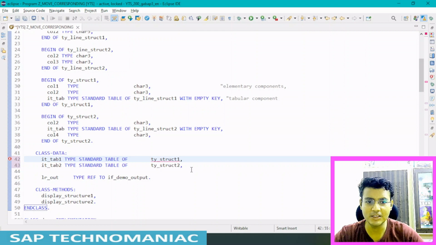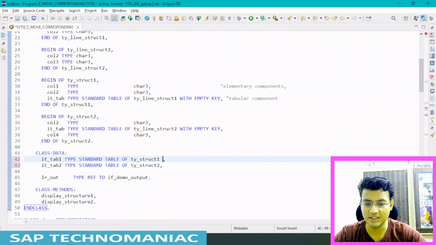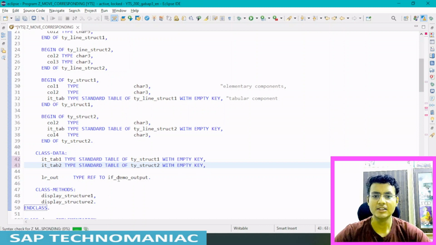We can use type standard table of the structure, and let me do structure 2 with the default key, or we can also declare it with empty key. Okay, so I have declared two internal tables instead of two structures.